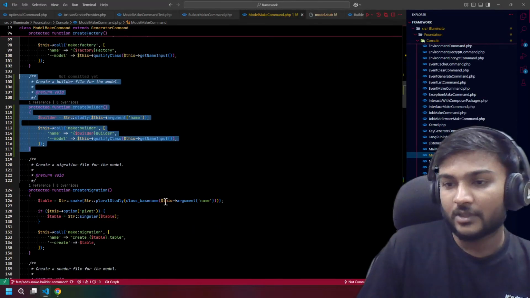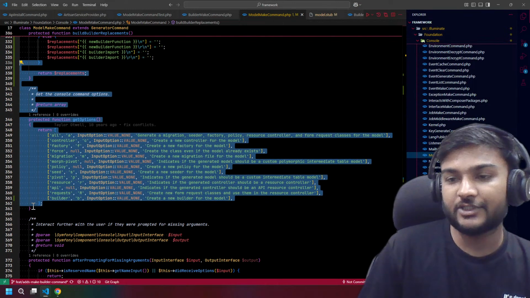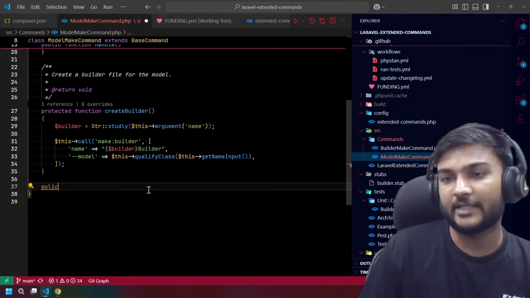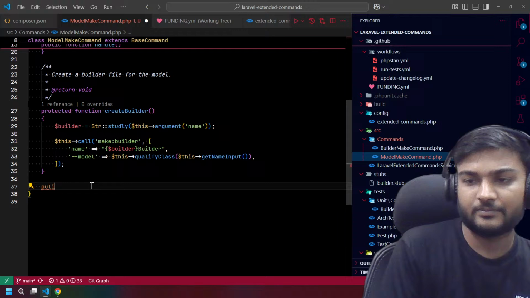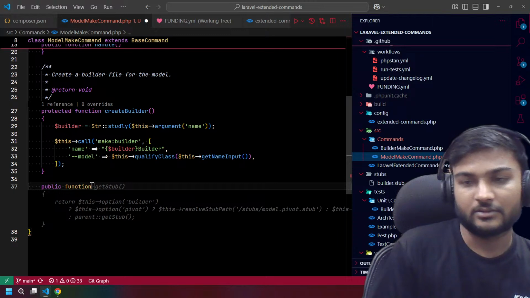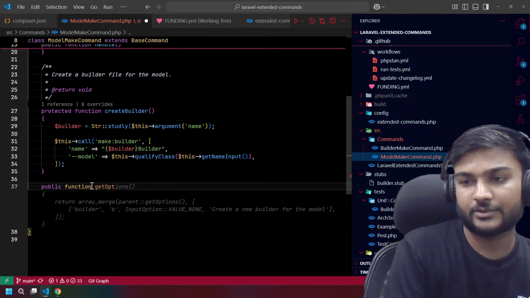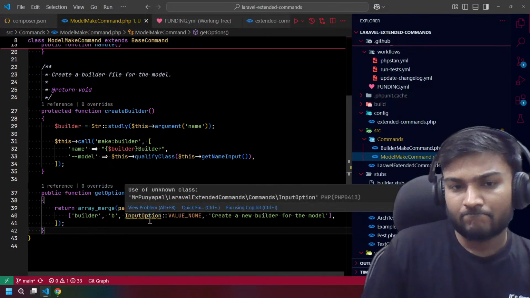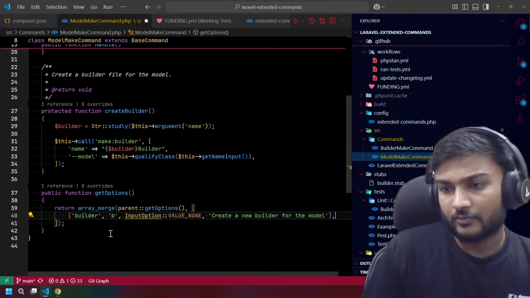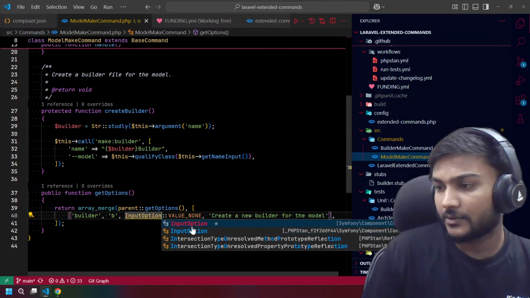Let me show you this option stuff, because we need to add this builder into that particular method, right? So we can say public function getOptions, right?